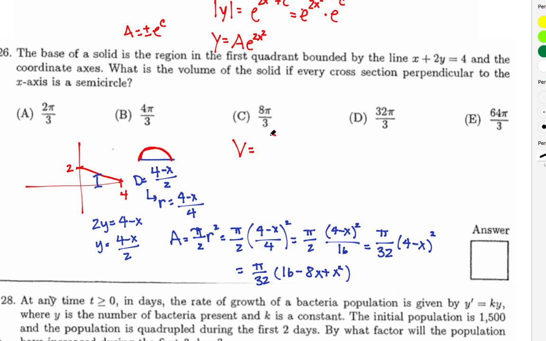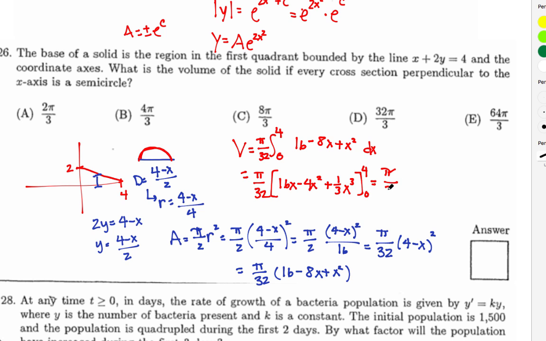And to find the volume, I have to add up all these areas, and I'm adding them all up from 0 to 4, right? 0 to 4 of this thing. And see how nice it is to be able to pull that pi over 32 out, and then just take the antiderivative of this 16 minus 8x plus x squared. And so when I find that antiderivative, what do I get? 16x minus 4x squared plus 1/3 x cubed from 0 to 4,